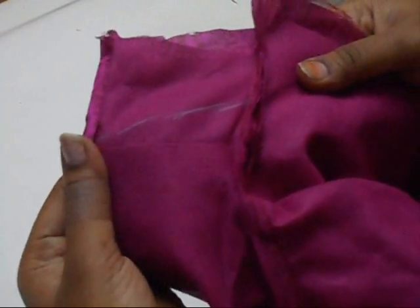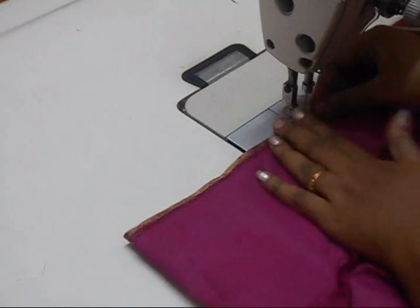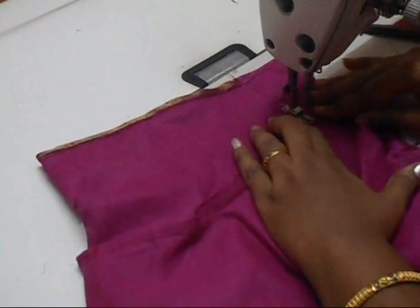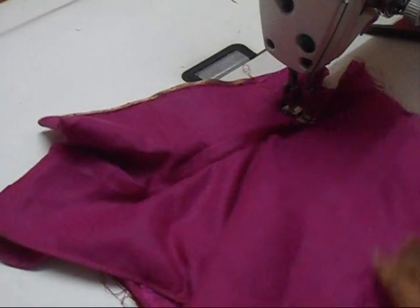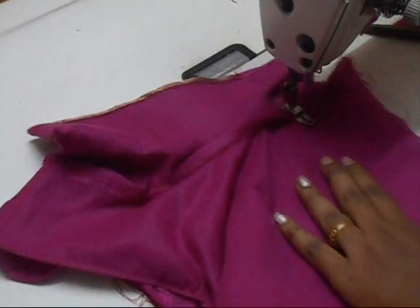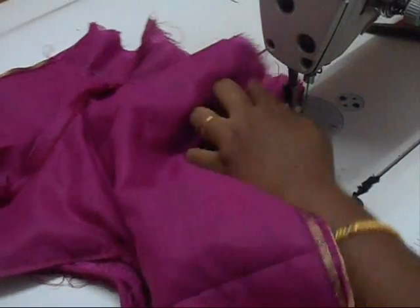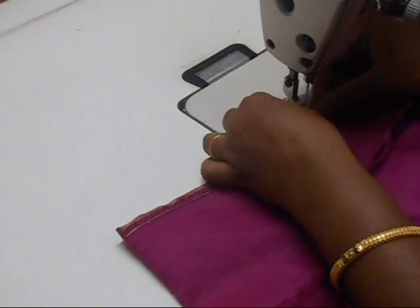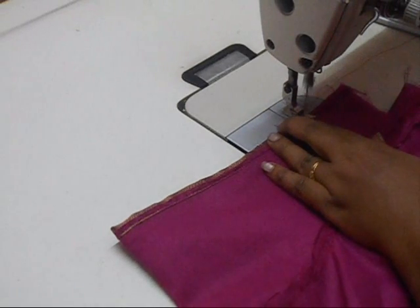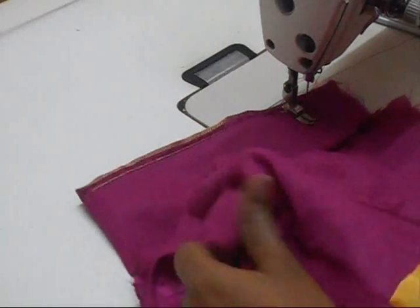They mark the sleeves for this, and so now I'm going to sew on the exact line. So now match both the waist, and you're going to same like that, just hold both the waistline like this,